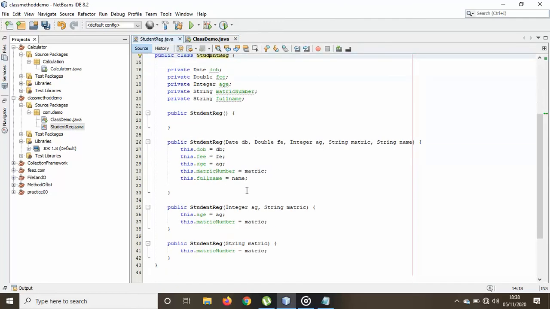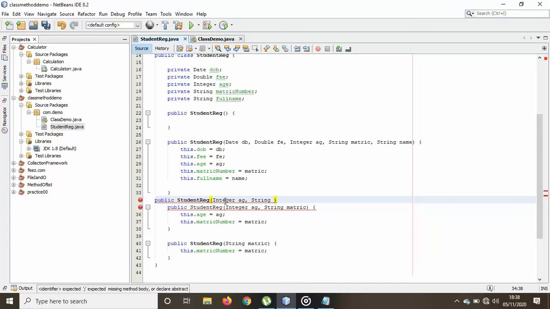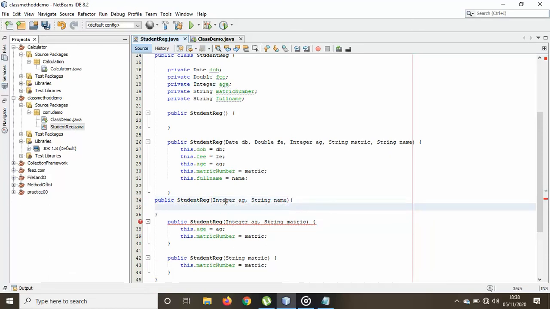But something you need to know is this. You must not have constructors that have the same data types here. Even if it is not age, if it is something else and it is an integer, and this one is another thing, it is an integer, look at it, this is what I'm saying. Age, right? Let me add a string name. So this one will complain because we already have a constructor with the data types integer and